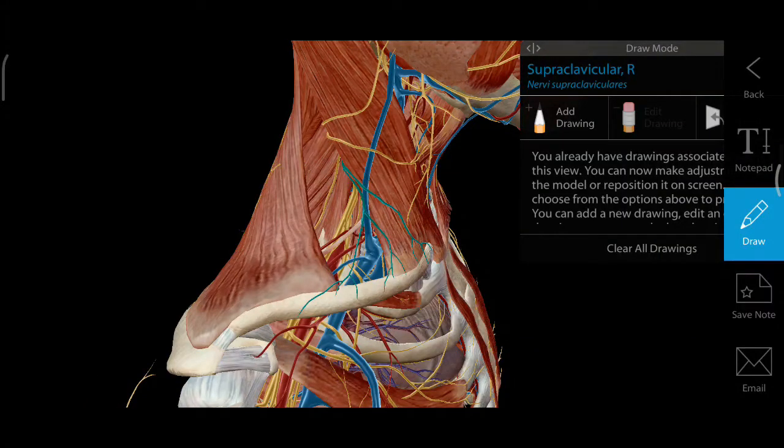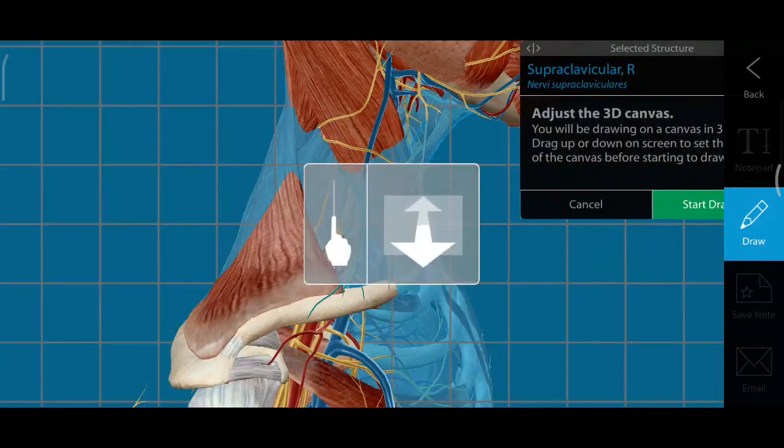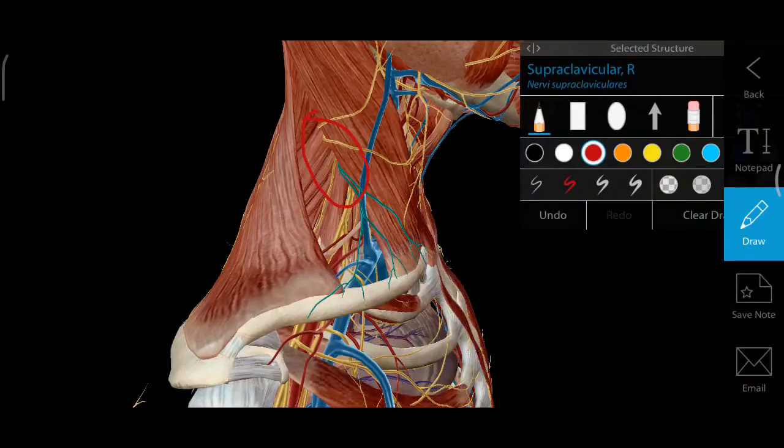Guys, now it comes to clinicals. As you can see, all the four cutaneous nerves are coming from this small area. So whenever you want to operate on the neck region, the posterior neck region, we want to give anesthesia. At this point we can inject the anesthetic agent and anesthetize this whole neck, and we can easily operate. So this was one of the important clinicals.